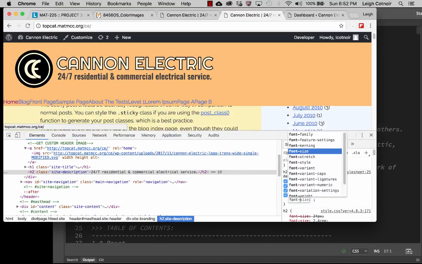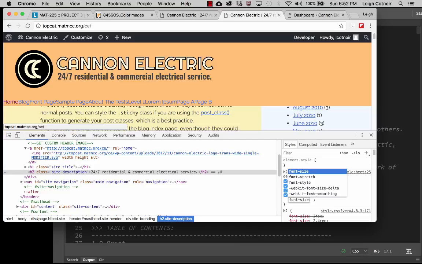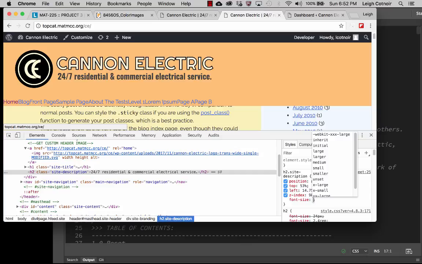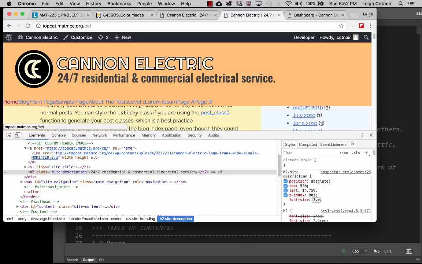Let's do font size, and this is where it kind of gets tricky. We don't want to use rem or anything like that because we want it to adjust with the width of the screen. So we need to use viewport width, a VW unit, instead of em or rem. Then it'll be based off of the width of the viewport. So let's say we're going to do something like 3 VW, and that's really big, right? So that's probably too big. Maybe about 2, maybe even 2.5,